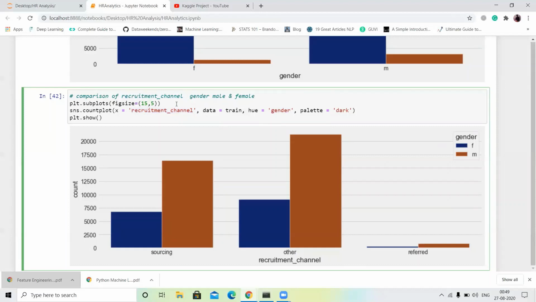You can see in the gender column there are male and female, and in the recruitment channel sourcing is approximately 65,000 female and 50,000 plus male. Same thing in the other channel and the referred channel.